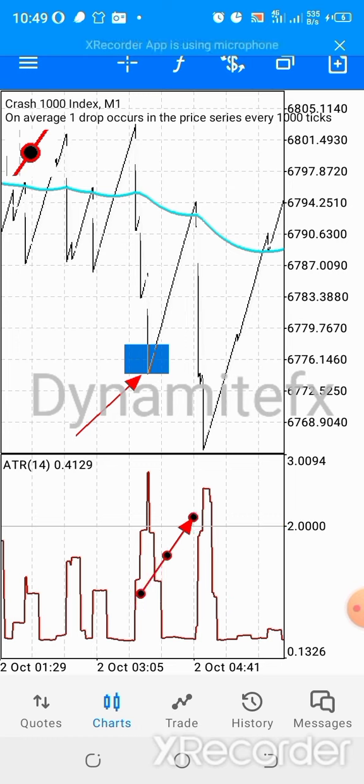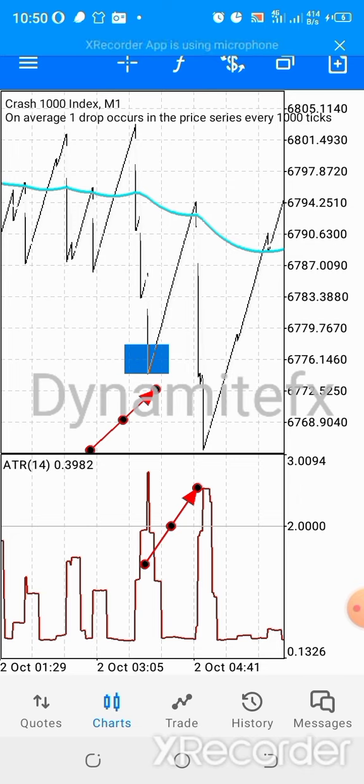Now what ATR does is that whenever there's a spike downwards, ATR records it as upward. That's what it does. Other indicators might show it when it spikes downward. If it was stochastic, it will show it down here, but ATR does the opposite. So when price is above the 2 level here, it shows you that it's ready to pull back, like retrace